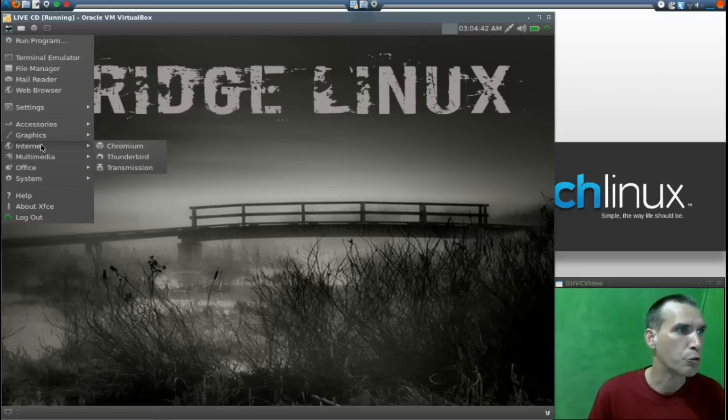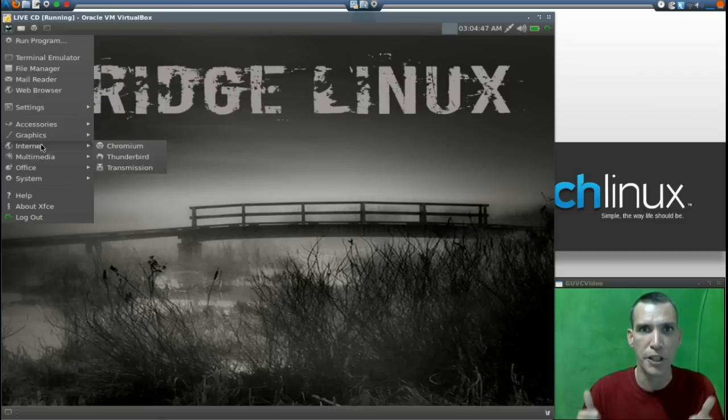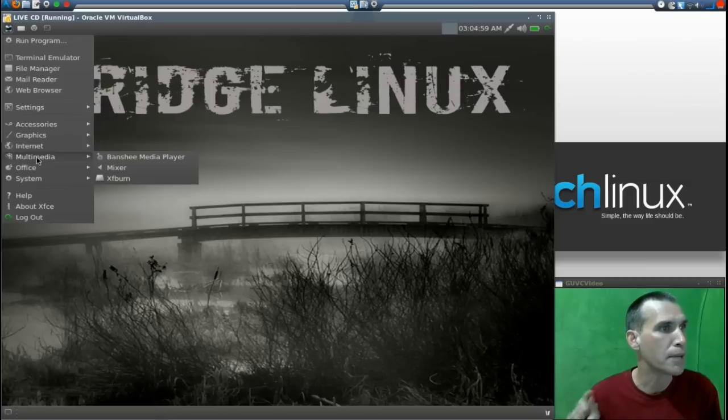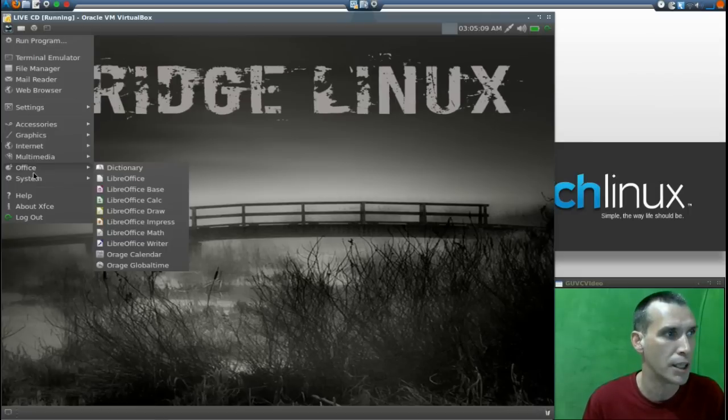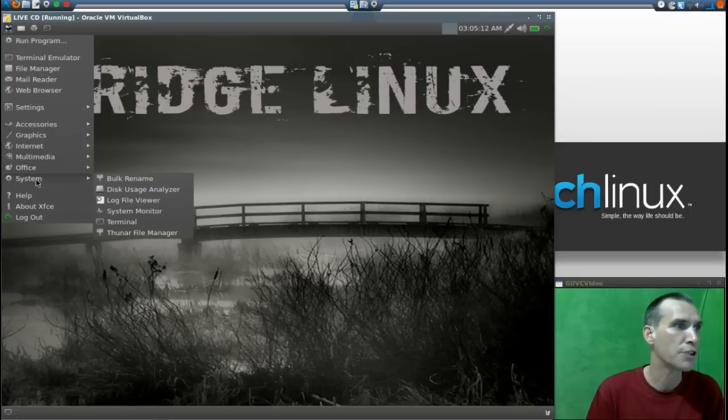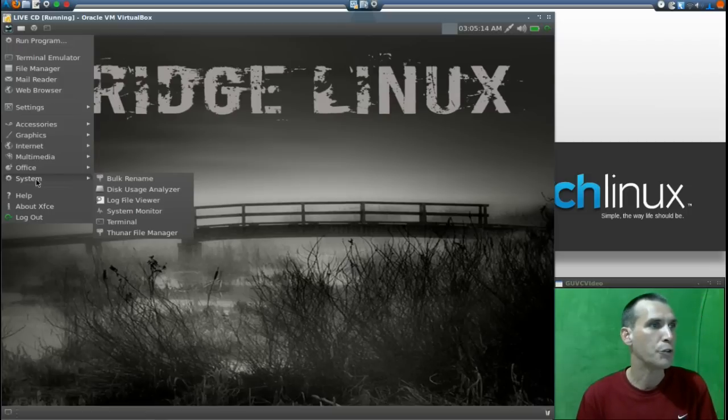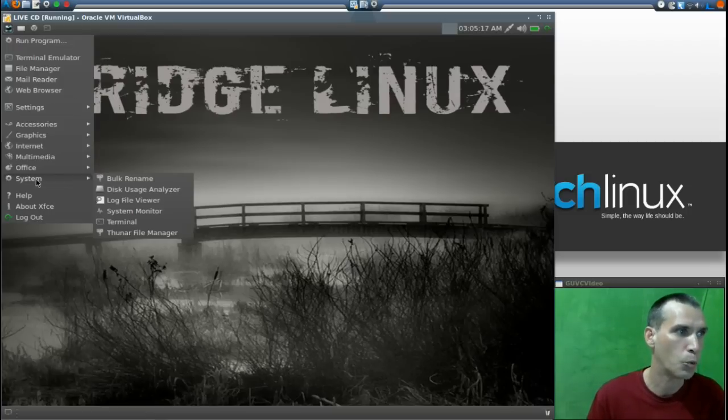In Internet, you get Chromium, Thunderbird for your email, and Transmission for downloading all of your legal Linux distributions. You are going to use BitTorrent for legal things, right? I hope. Alright, and then in Multimedia, you get Banshee Media Player, Mixer, and Xfburn. In Office, you get LibreOffice! Alright, very good. You get Dictionary and Calendar. In System, you get Bulk Rename, Disk Usage Analyzer, Log File Viewer, System Monitor, Terminal, and of course the wonderful,